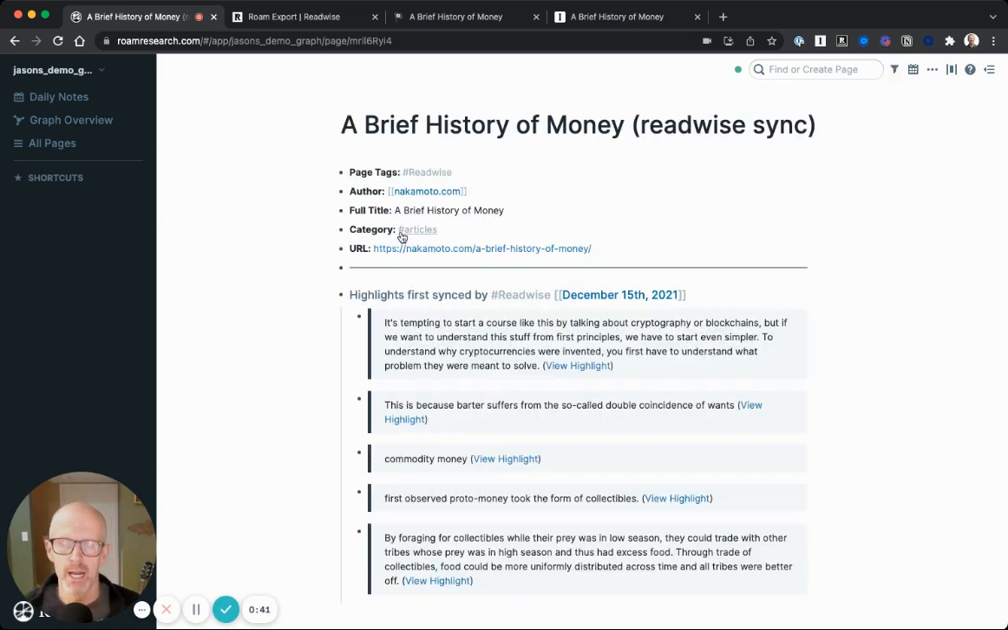Readwise will create a page for every article or source, again, source being like a book, article, or podcast. Every one of those that comes over from Readwise is going to automatically get a page created for it. You can see here at the top that the metadata came over. The structure here was all set by default, and then Readwise automatically populated the metadata fields